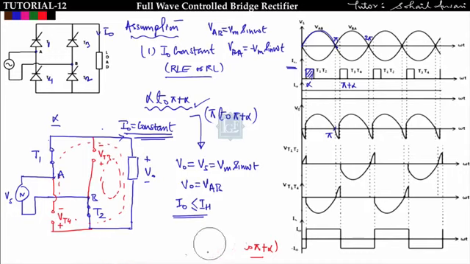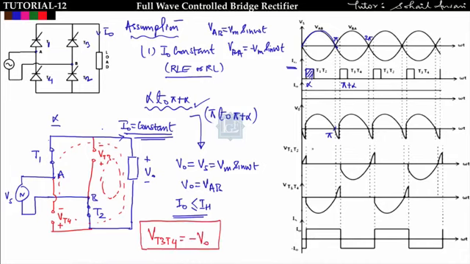So I can say that if T1 and T2 are conducting, then at that time the voltage drop across T3 and T4 is nothing but minus of V0. Got it? So from alpha to pi plus alpha, output voltage will follow the input voltage, like this. In this region the voltage drop across T1 and T2 will be 0 because they are replaced by a short circuit. This is the voltage drop across T1 and this is the voltage drop across T2.